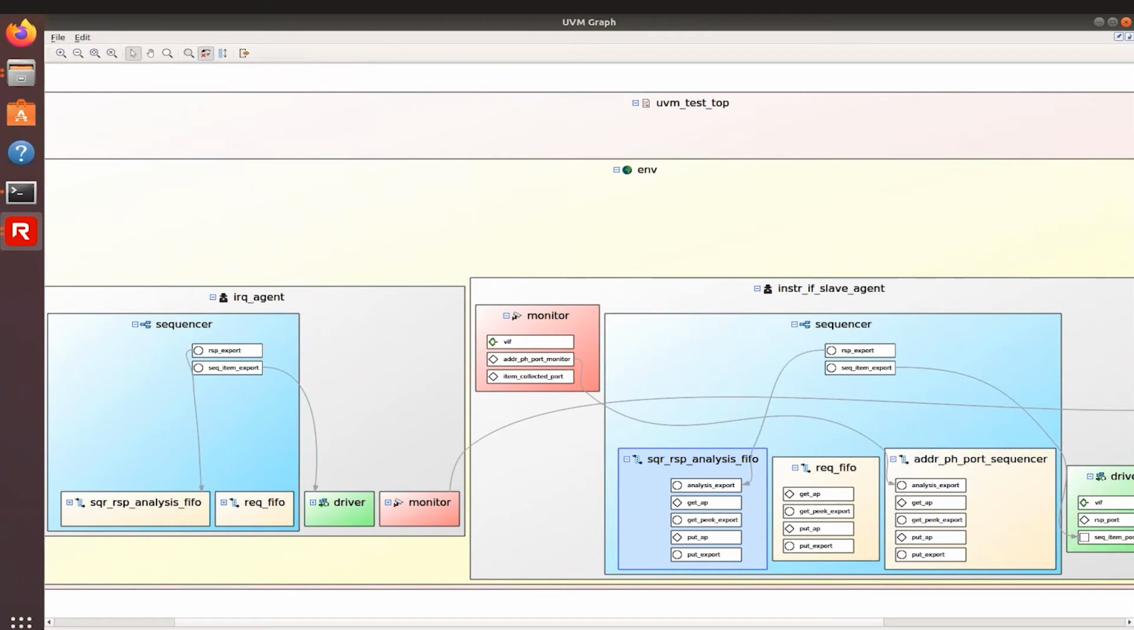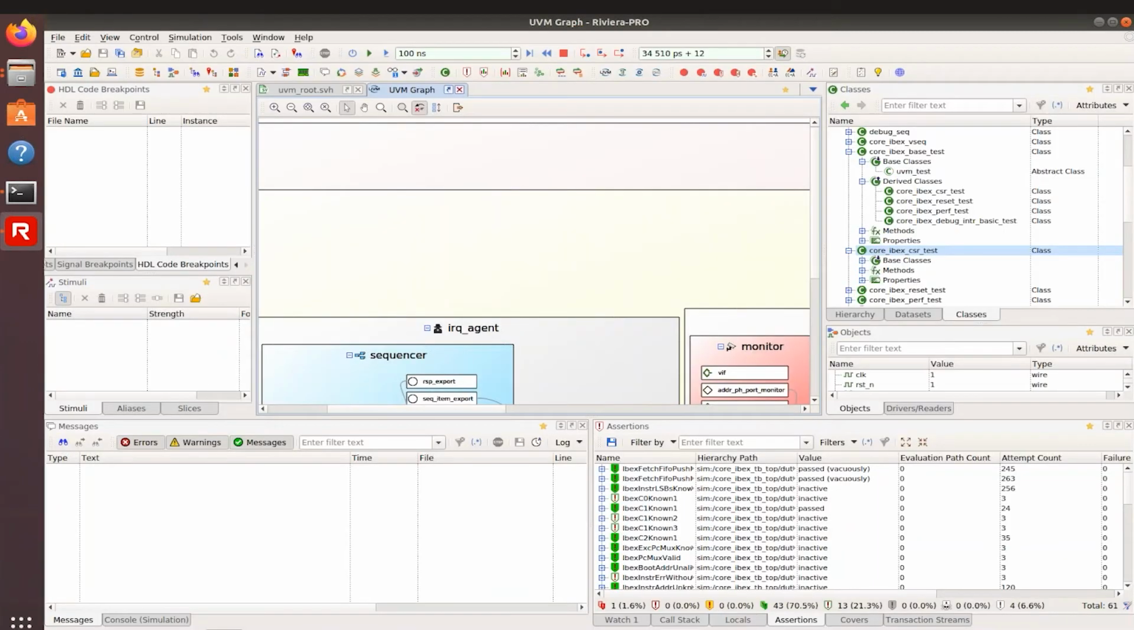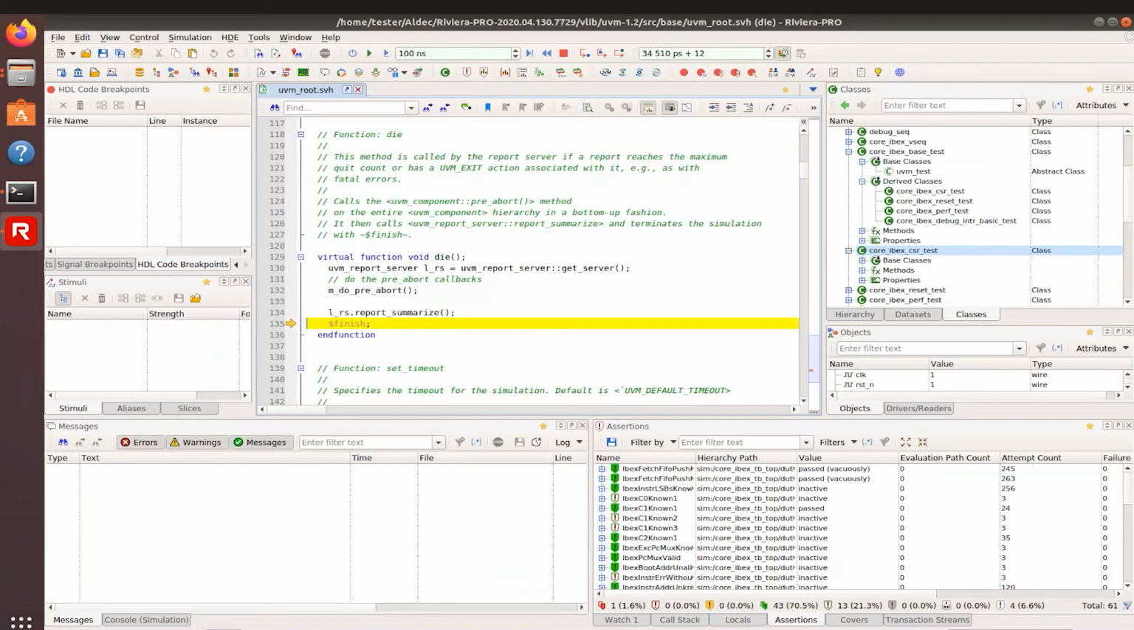So let's move ahead and go back. So that's the UVM graph. The next thing I want to show you is the